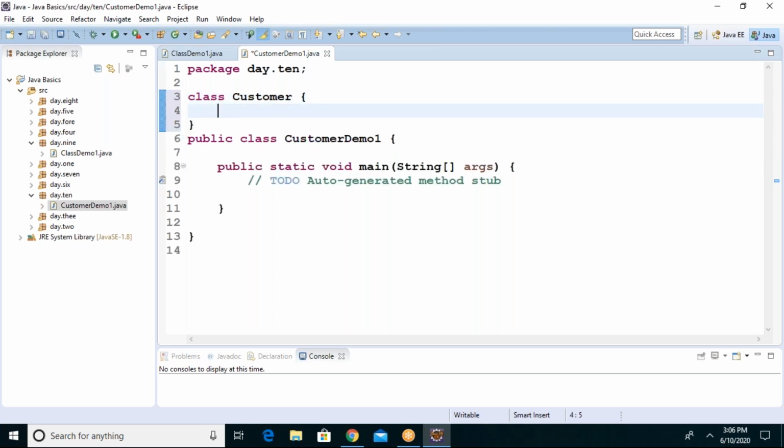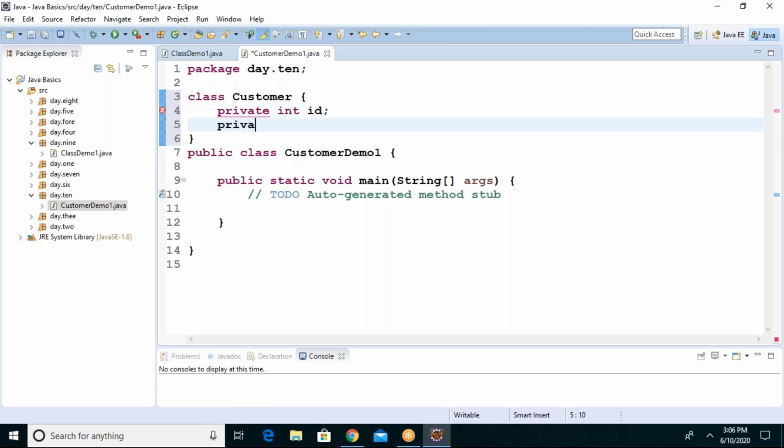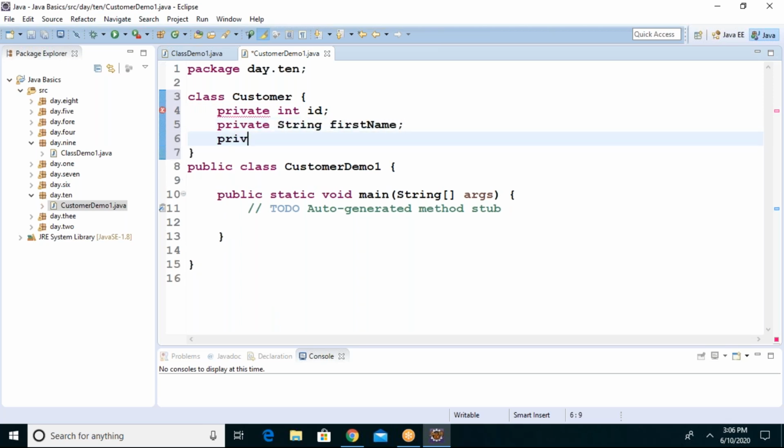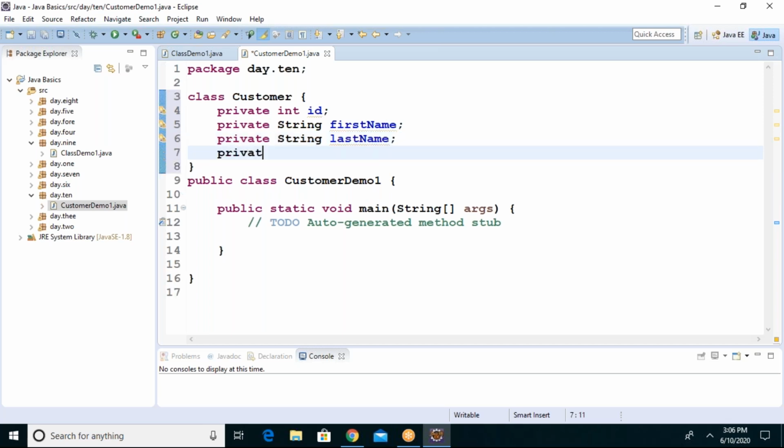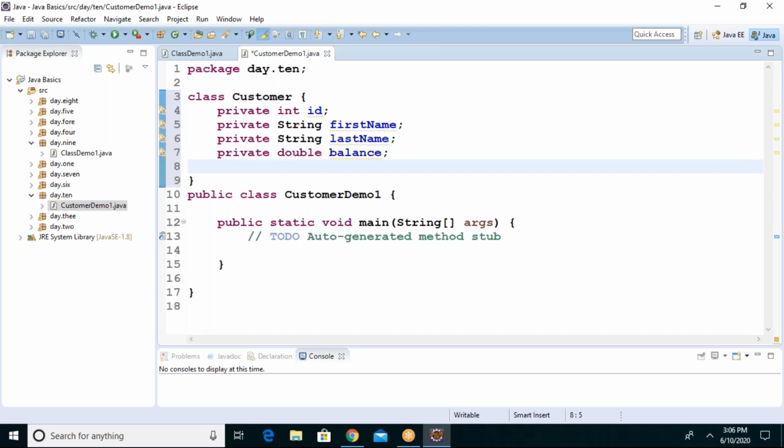What fields may a customer have: integer ID, private string first name, private string last name, double balance, and else, you can keep mobile number, email ID, many things here.